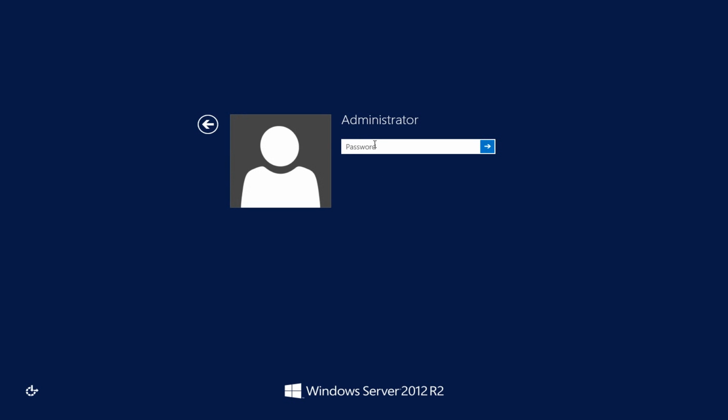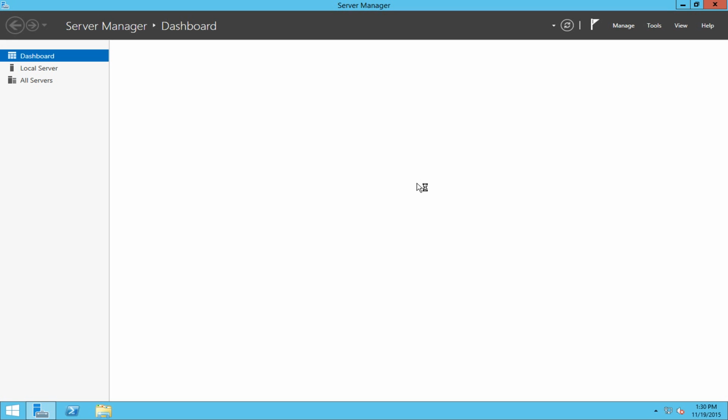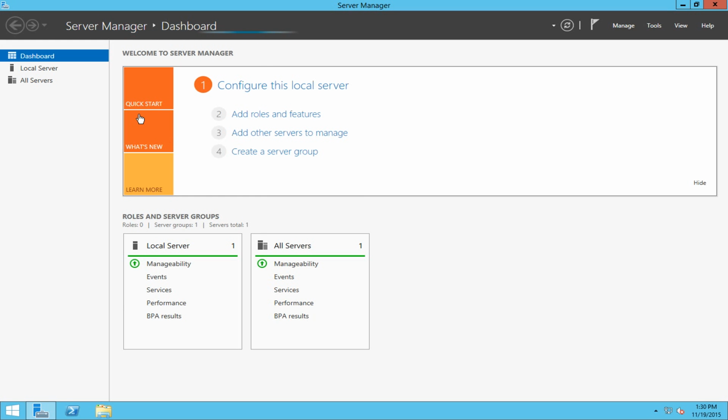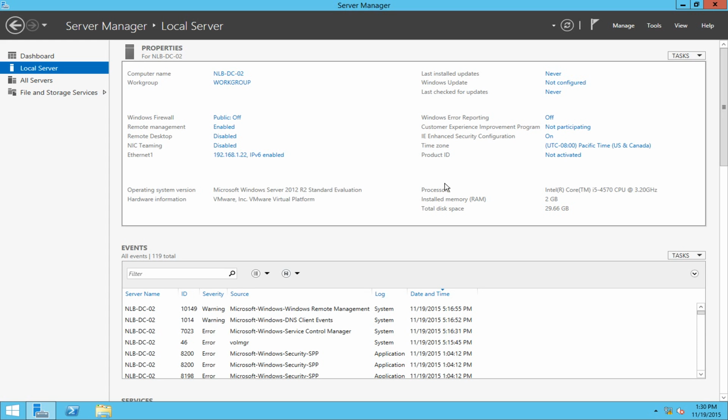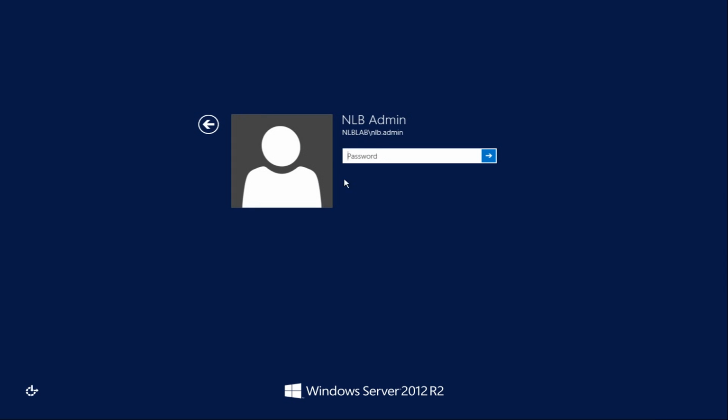First, I'm going to log into my new server. My Server Manager will load, and in here you can see that this server is in a different subnet. It's in 192.168.1.0, and if I log into my primary domain controller,